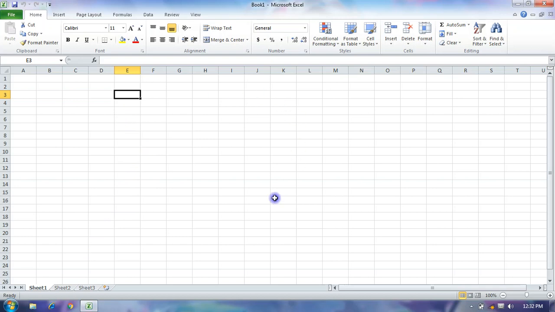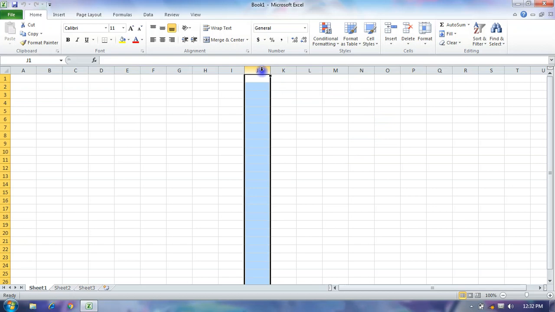The worksheet consists of many rows and columns, and in one sheet there are 1,048,576 rows and 16,384 columns.